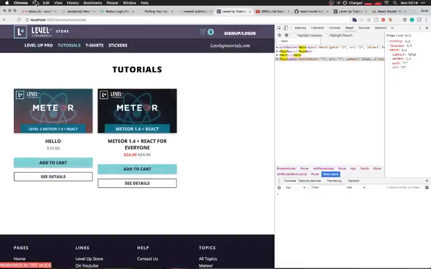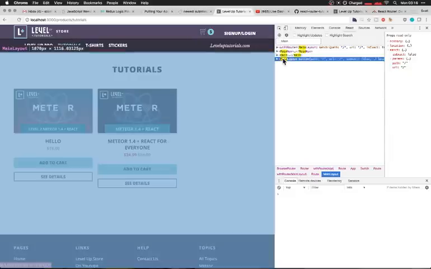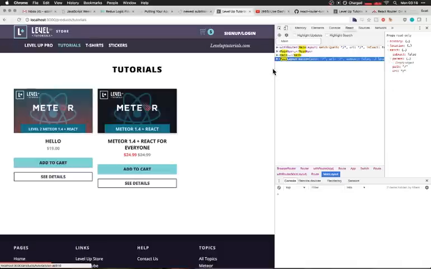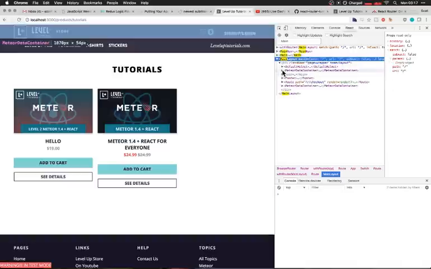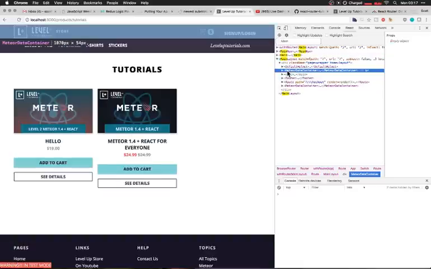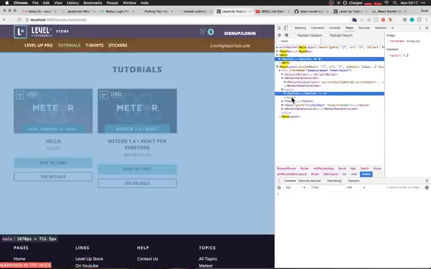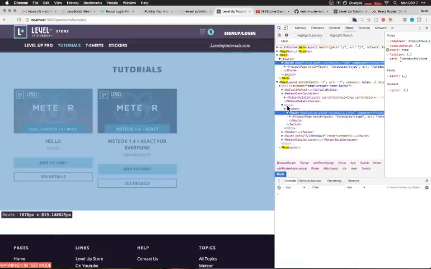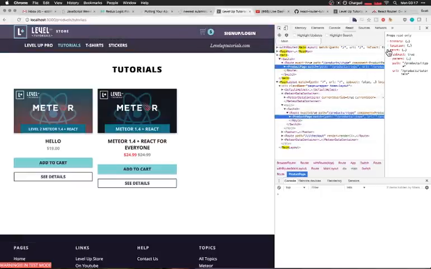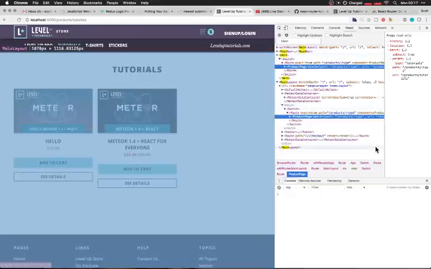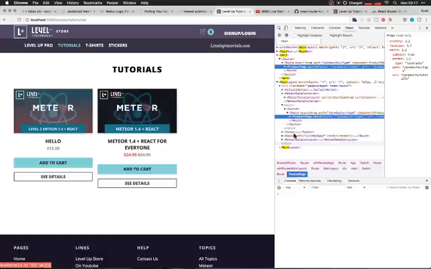Ugh. So why in the world would match not be updated? What's interesting here is that I'm using params dot the name here to get the params. Is the product page having the correct match? The product page has the correct match. So why does the product page have the correct match, but